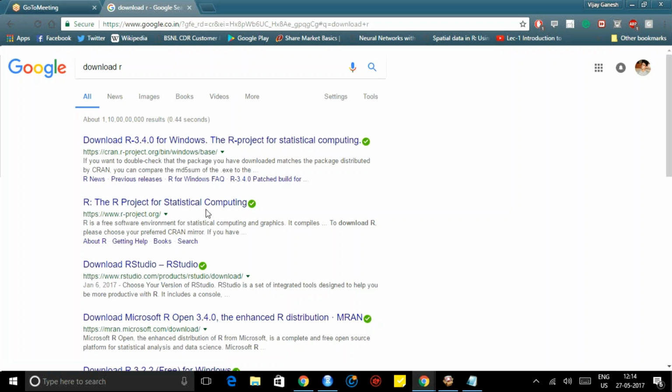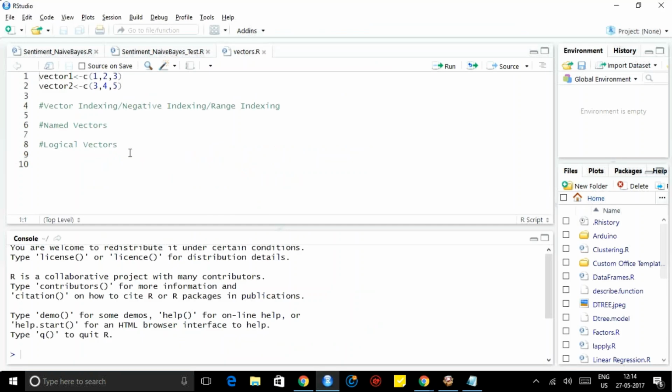The RStudio console, you can see. This is the RStudio console. This is how it looks. Everything is open source. When it comes to RStudio, everything is open.